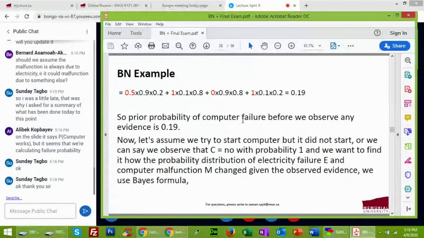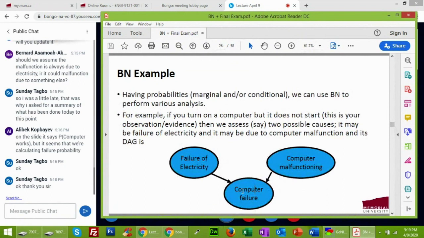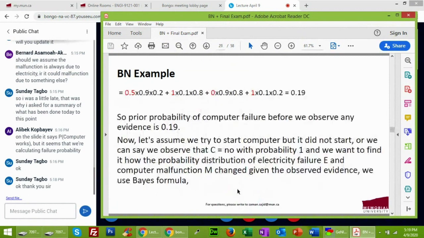Now, as I said, this is our probability. One of the advantages of the Bayesian network is as soon as new information becomes available, we can incorporate that information into our model and find the new values of probabilities. By that I mean to say, I just give you one example, that if we observe that C is equal to 0, that means to say, if I'm sure that C is equal to 0, there is a probability of 1.